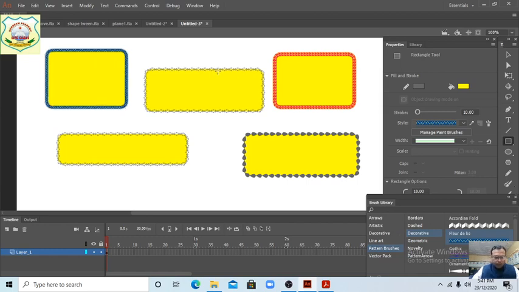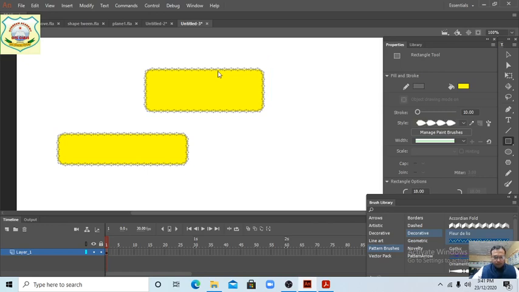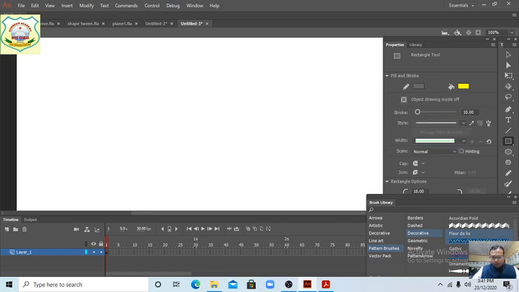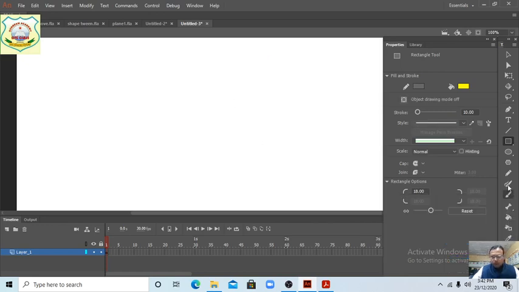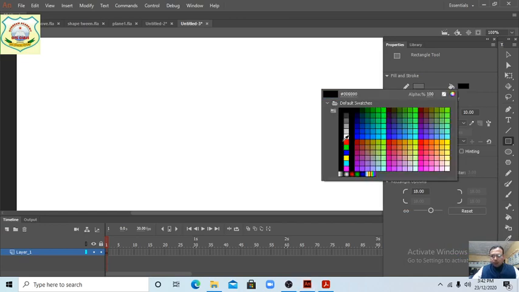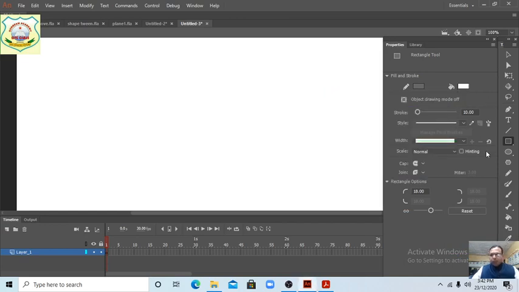Again, I am telling students, I close the brush tool also. Now change the color of this. So white we have done. First of all, for this we will choose the pen brush tool. Now stroke, it should be 10.